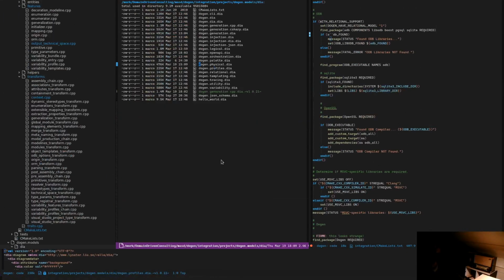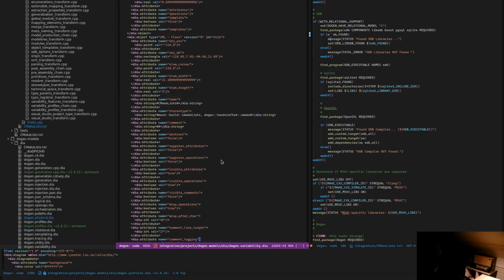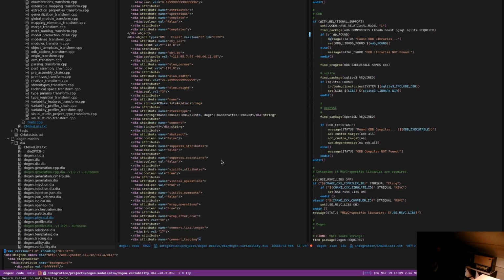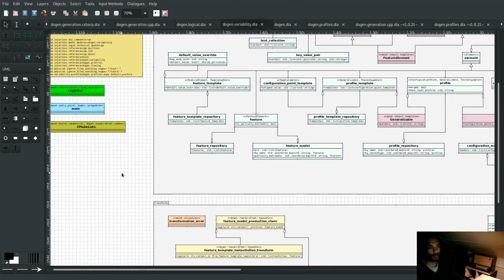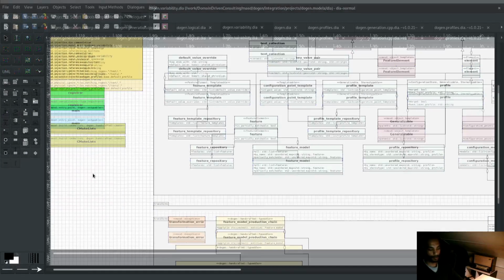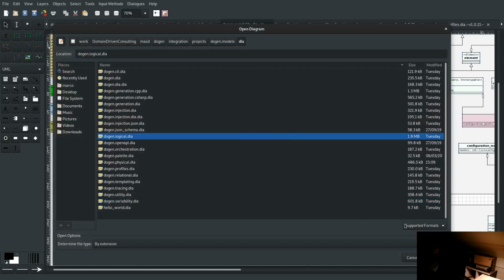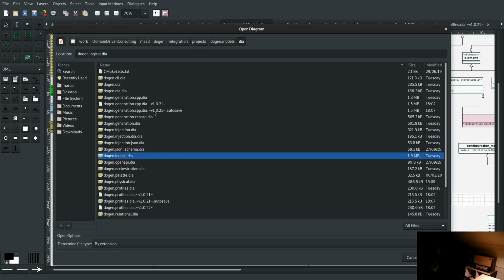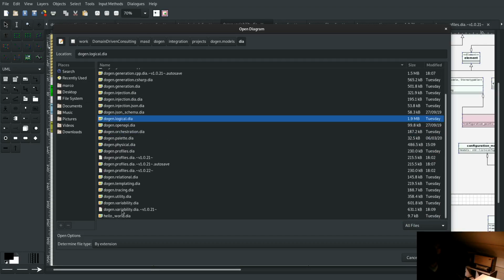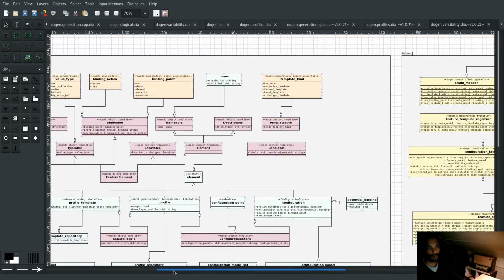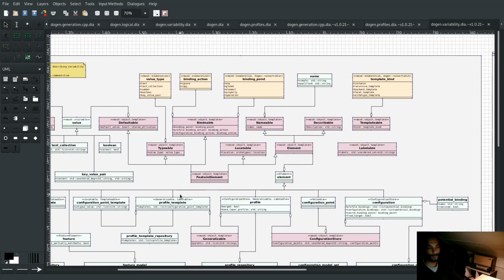so what I'll do is I'll just, again, as we did for the other models, quickly hop over to the state of the variability model in the previous sprint. And let's open it here. Just need to yet again change the supported formats and change this to variability. Here we are. So the variability model, as it stood at the previous sprints,